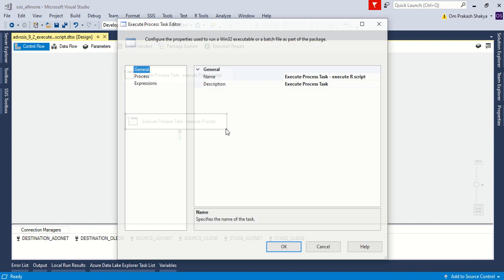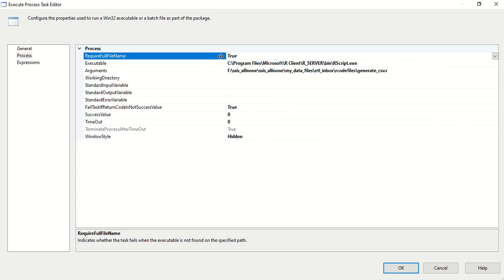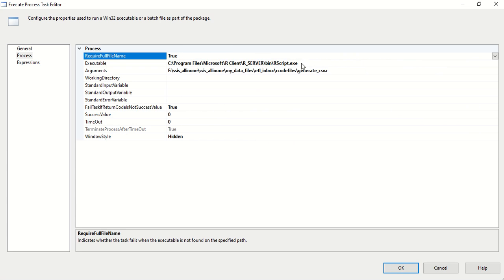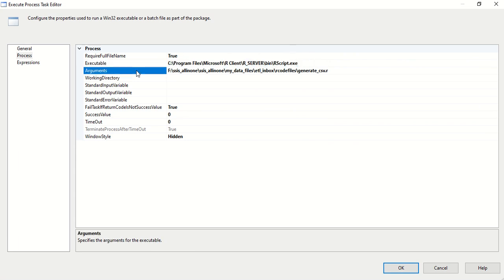In this, again we have the executable, the path of rscript.exe. This is the path on my machine of this exe. And in arguments, we have to provide the file path of that script.r. And you can see here I have not provided the working directory. So it is fine not to provide the working directory.